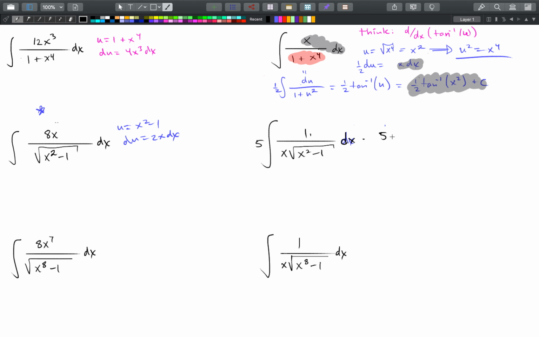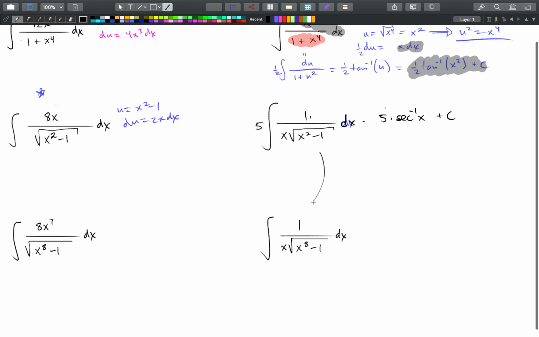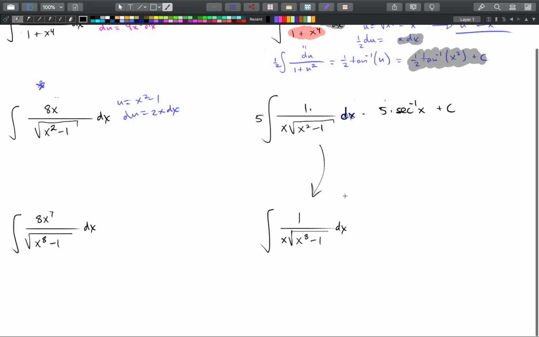This is the same thing as just 5 times arc secant of x plus c. And I claim that these two problems are fundamentally very close. Notice these two are more closely related because this has the same type of u substitution pattern. This pattern doesn't. And I claim that when this 2 gets changed to an 8,